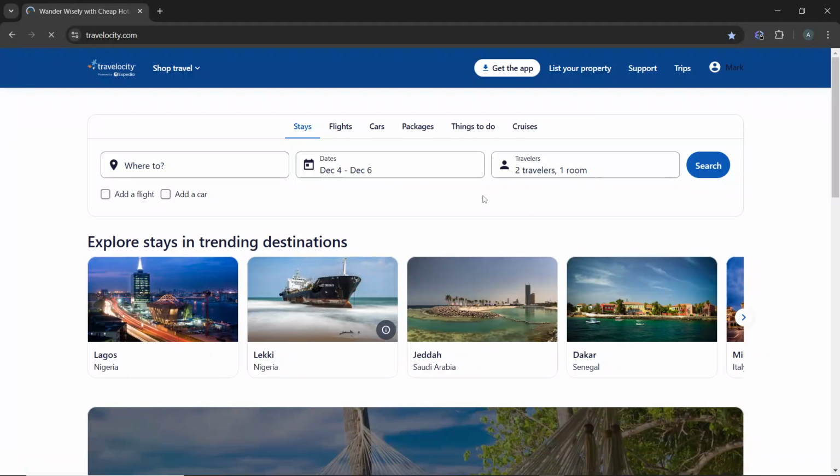Hello, in this tutorial, I'll show you how to change name on ticket on Travelocity Booking. To change the name on your ticket for a booking on Travelocity, these are the steps that you need to take. First, open your browser and go to